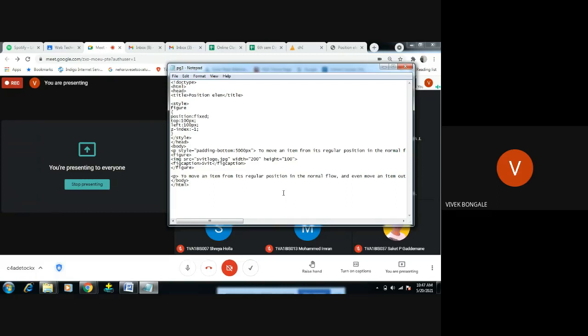Position, we can change the positioning of the element from one place to another place. Float is also going to float the element from one place to another place, and we can float the same element multiple times, as many times as we want. We can give the space, or we can give the position. We can float that particular element however many times, however we want, and change the position. How to do that, I will show.